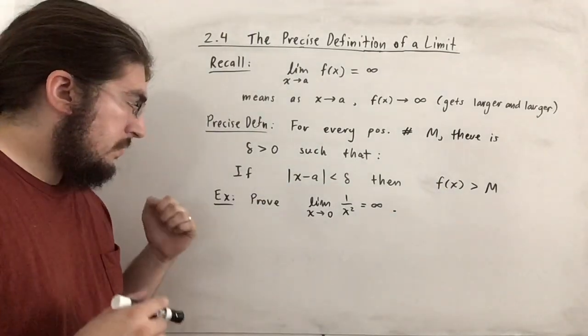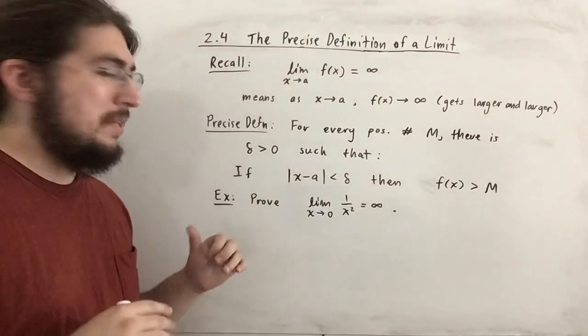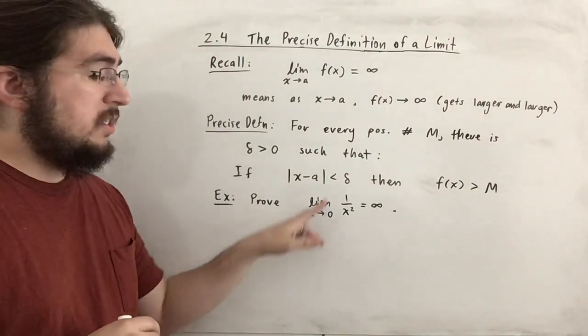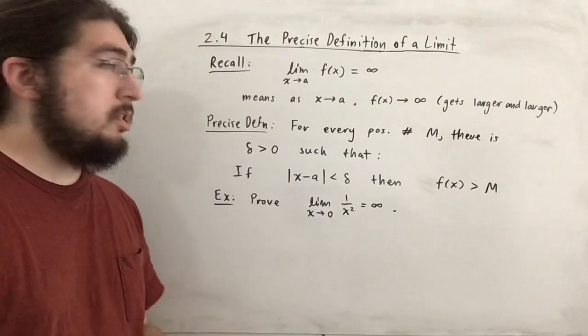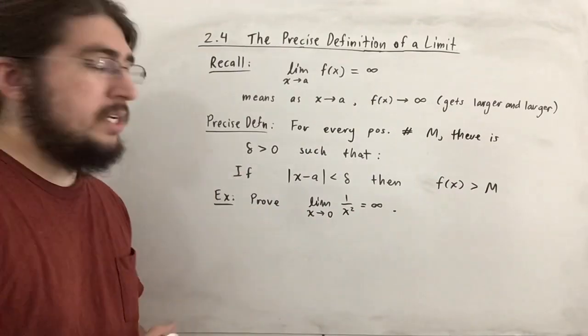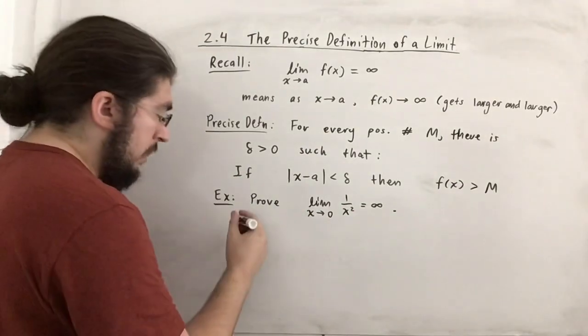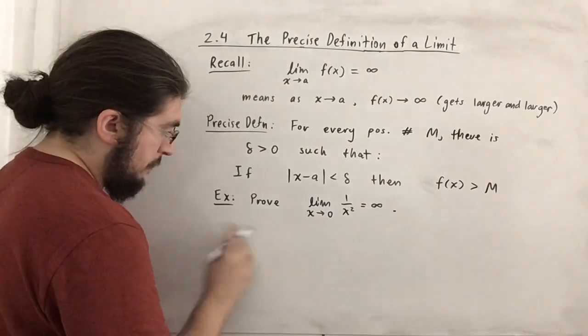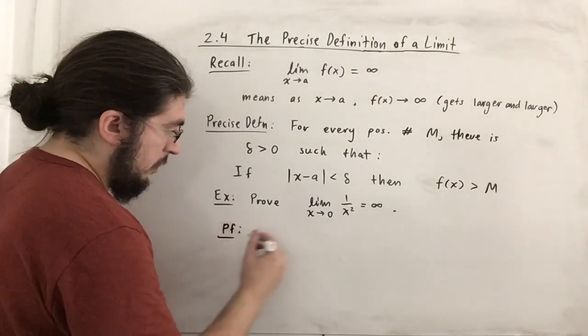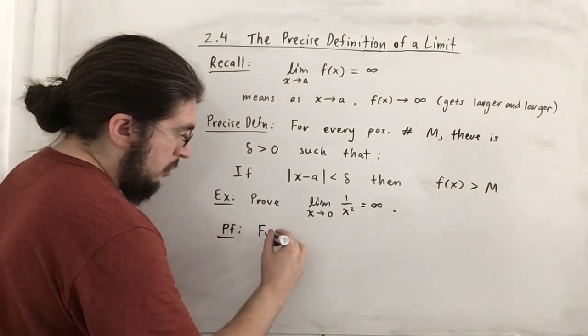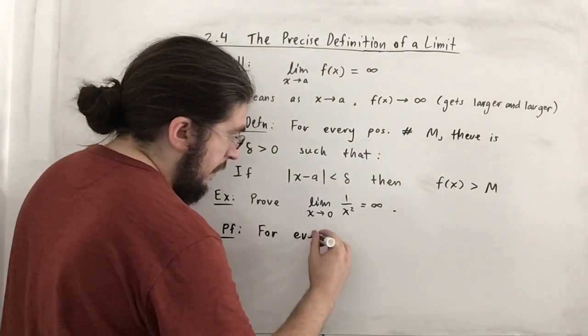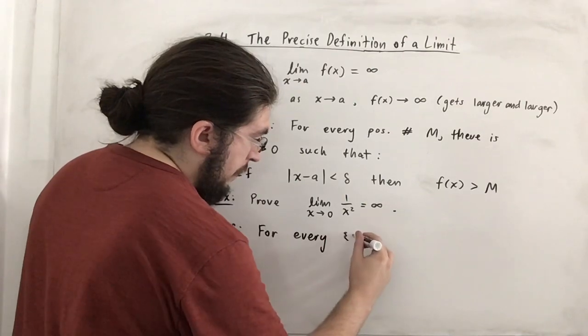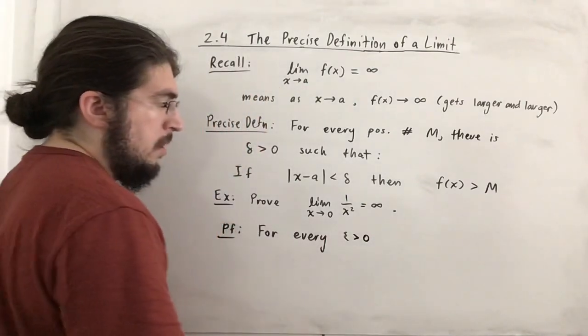Okay, so now I'm going to do again just one example here. I'm going to prove that the limit as x goes to 0 of 1 over x squared is equal to infinity using this definition. So we want to say for every, so let me just write proof here for starters. So for every epsilon bigger than 0, we want